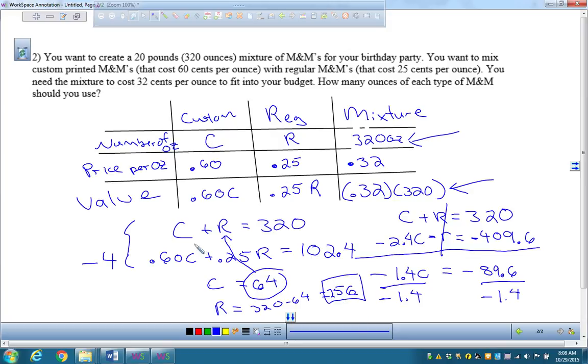So this is like a real life problem, you know? Kind of. If you're mixing up M&Ms, or if you work at the bakery, or if you're trying to mix your oil with your gas. I had to do this the other day, because I bought my new